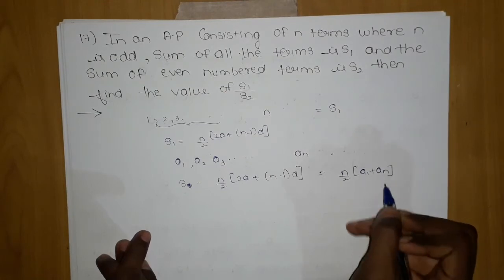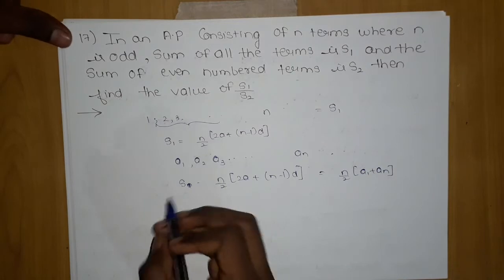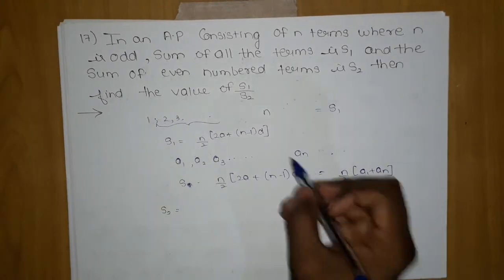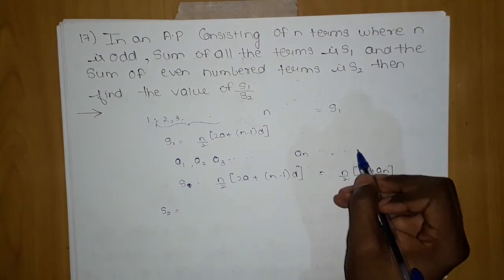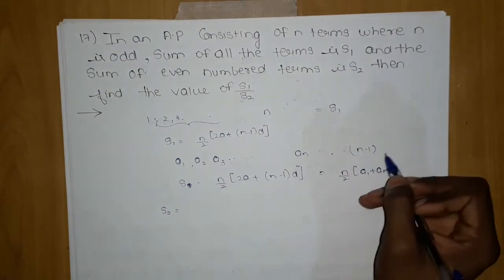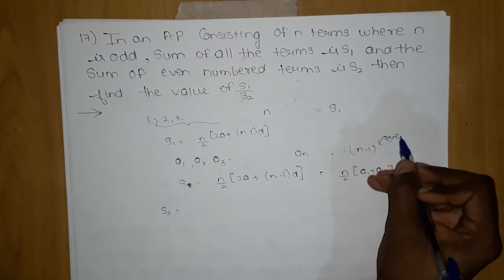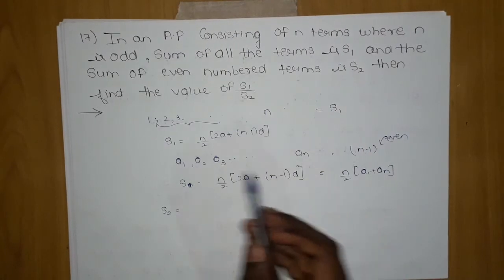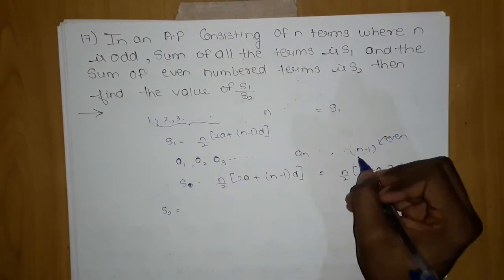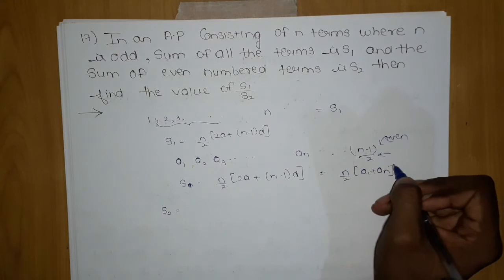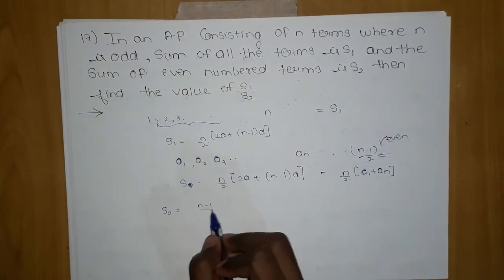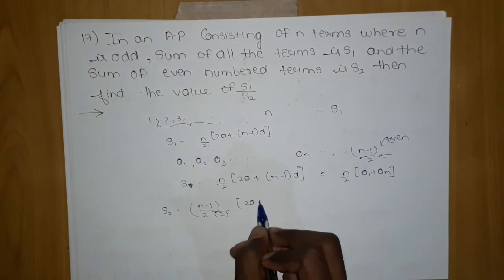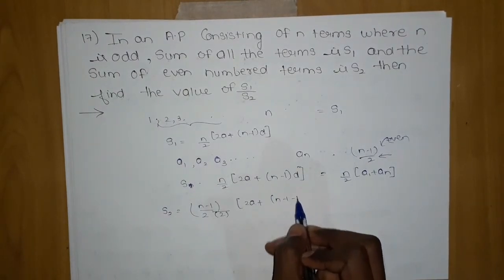Okay, so I got the sum of odd natural numbers. Now sum S2 will be the even natural numbers. If I know the last term is odd, then I surely know that n minus 1 will be even. If n numbers are present in order, then (n minus 1) by 2 will be the total number of even terms. So S2 is (n minus 1)/2 upon 2 into 2a plus (n minus 1) into